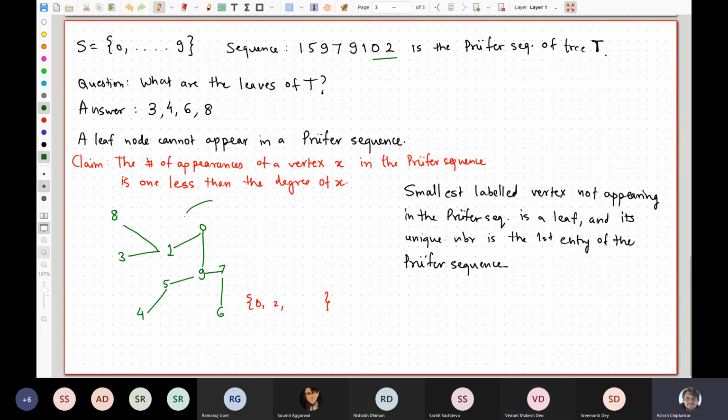Right, and the tree looks something like this. Yeah, and 2 is left now. What now? So did I go wrong somewhere? Is there something else left in the prefer sequence? Right, so this is what we are left with as a prefer sequence. Something else is left, no?